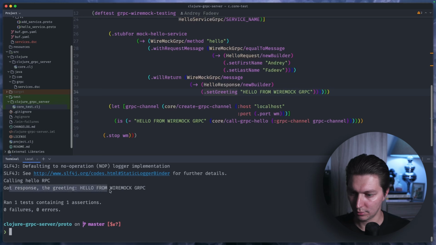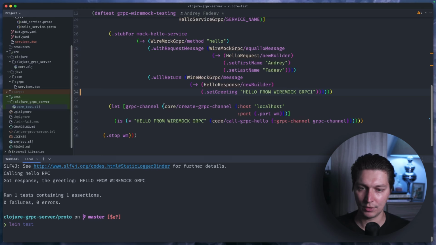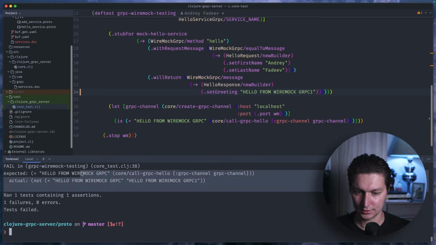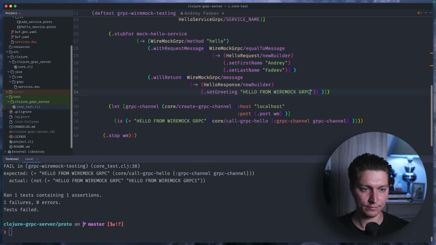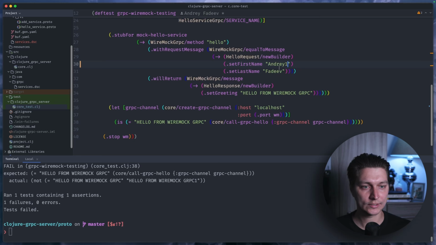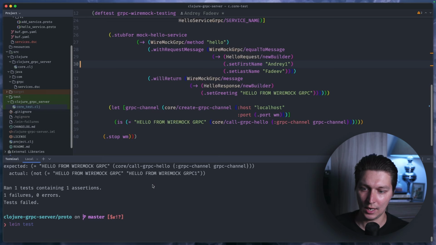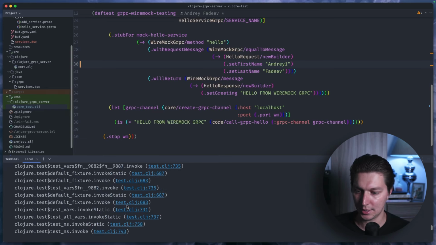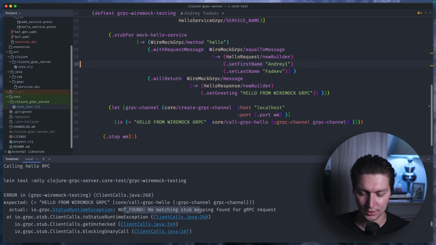So you can see we got the response, and we have every assertion, only one, passing. If I change something here in the stub, and if I rerun that, we'll have a failing assertion. Yep, as you can see right here. If I fix this, but I expect something else in the first name, and I run that, I'll get an exception because this method has no stub that is matching. And you can see here it says not found, no matching stub mapping found for gRPC request. And